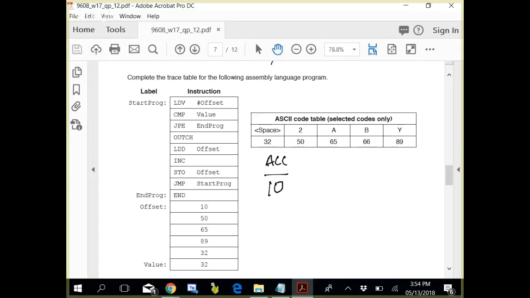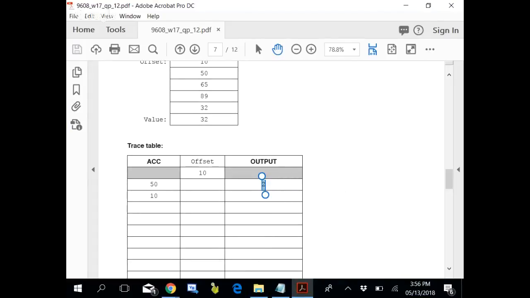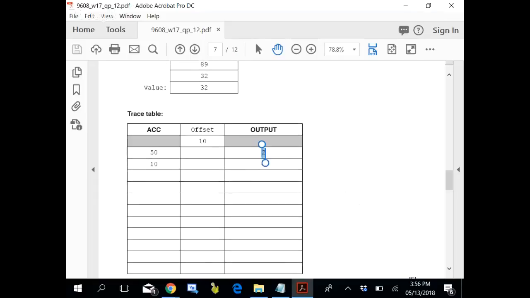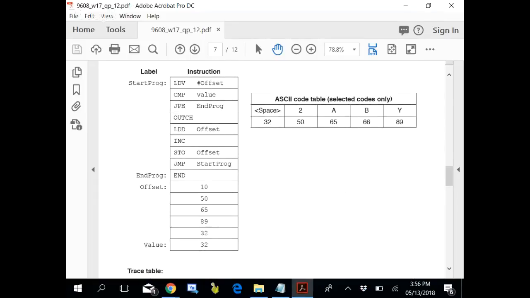LDV offset, compare with value, JPE would not work, out CH. Hold on. Accumulator, what is LDV?